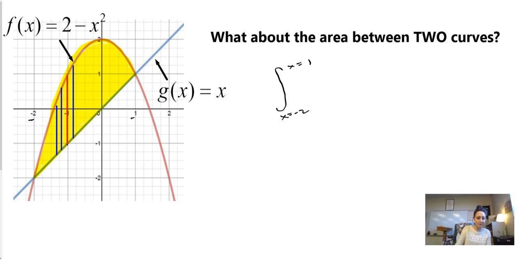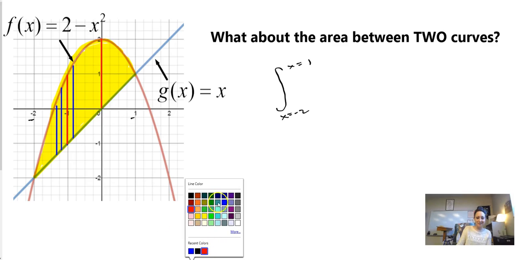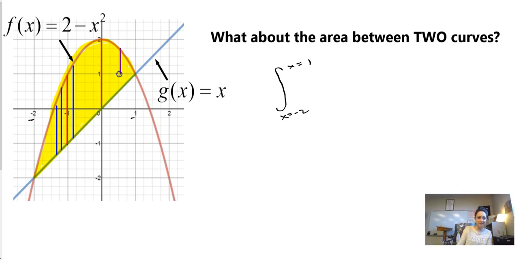Similarly, if I come over and let's grab this one here. Let's take a look at this rectangle. What is its height? It's also 2 because I'm taking the y value from the top function minus the y value from the bottom function, right? So 2 minus 1. So no matter what rectangle I'm looking at, let's grab like this one here. To get the height, I'm going to take the y value of the red function minus the y value of